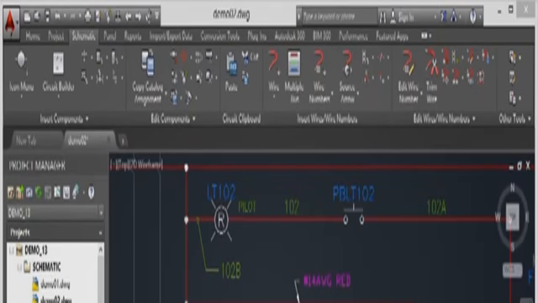That's how quick and easy it is to change your layers for your attribute text in your AutoCAD electrical drawings. It's very, very simple. You just go in, set the settings, select the attribute text,